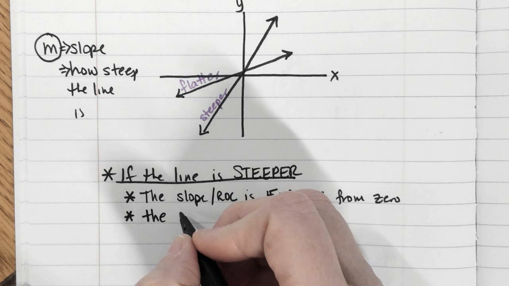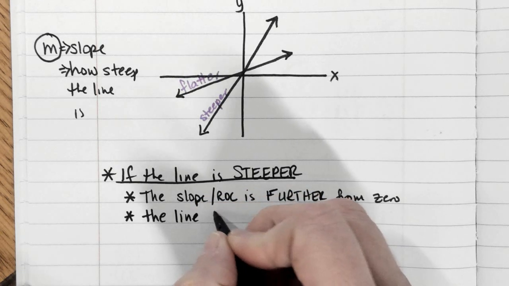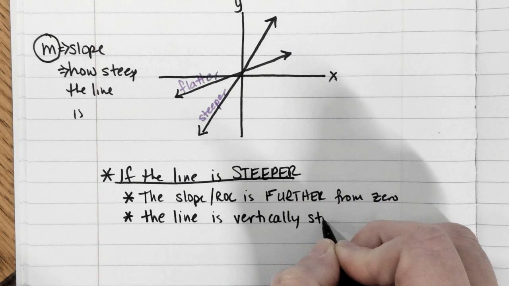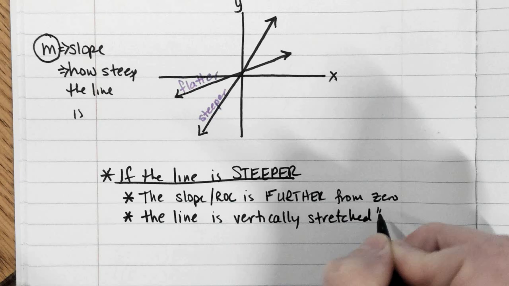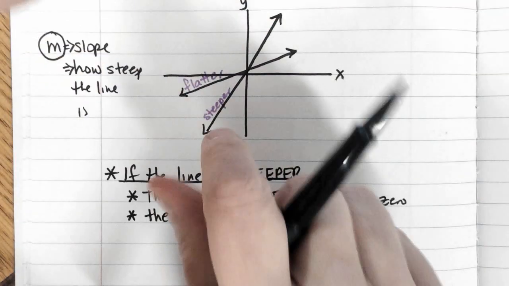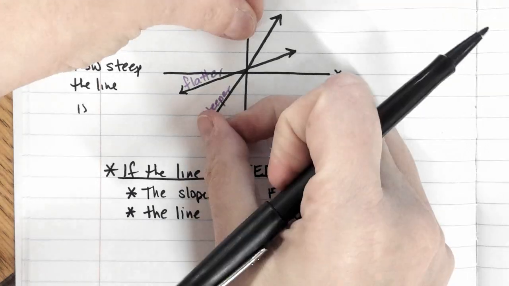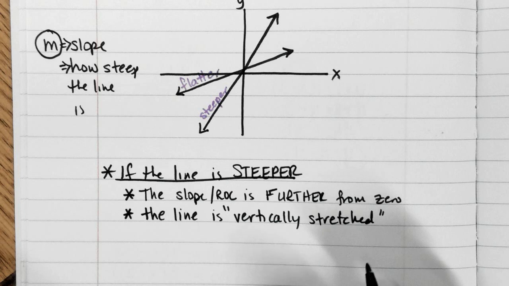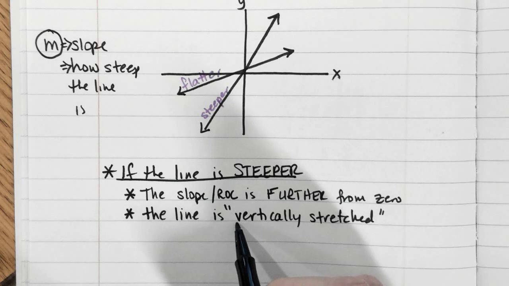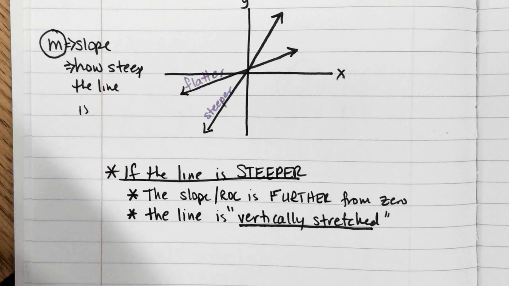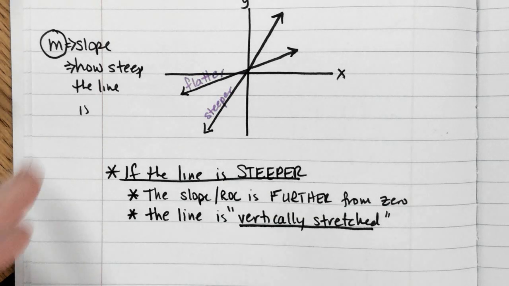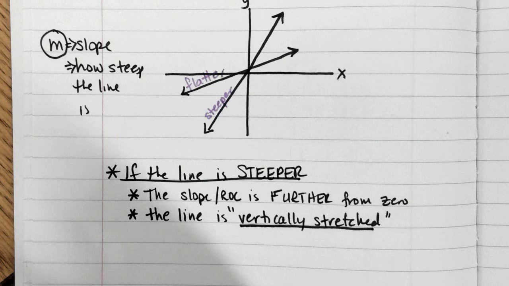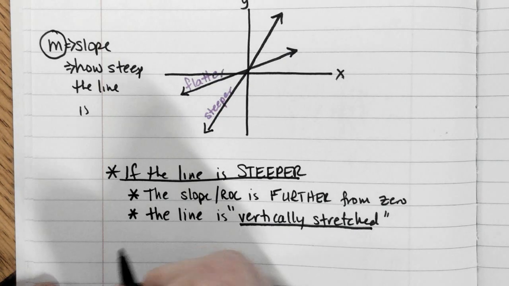Now, likewise, the language that we use for that, we say the line is vertically stretched. Vertically stretched. So basically when you make that line get steeper, it's like you're stretching it. And I'll show you all some pictures of what that looks like tomorrow. So this is the official language. Before you might just say, oh, it's stretched or it's steeper. The official 8th grade or 9th grade algebra lingo is vertically stretched. Okay? Now, if the line is flatter,